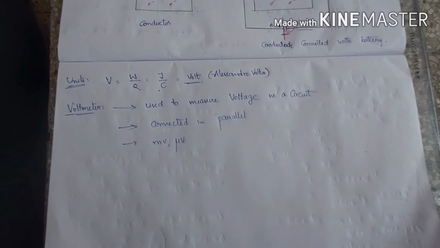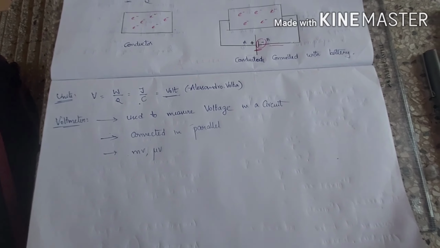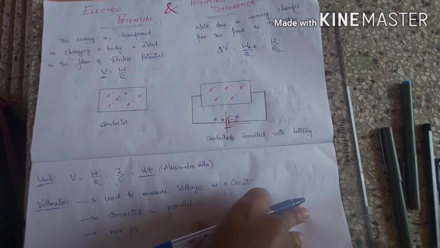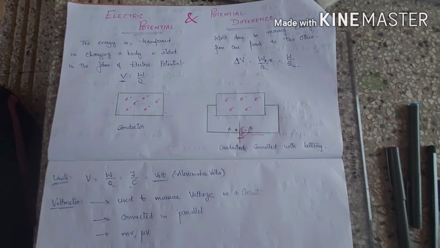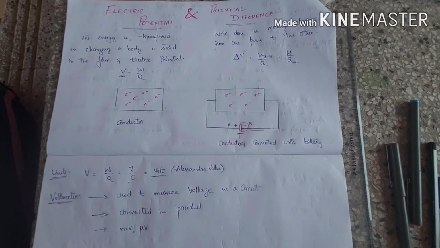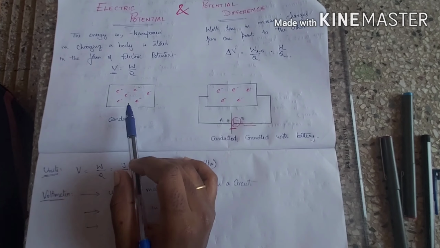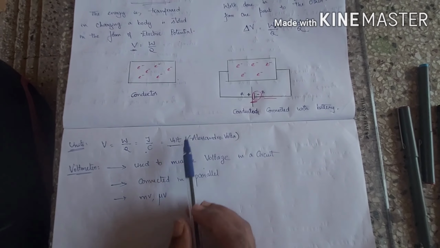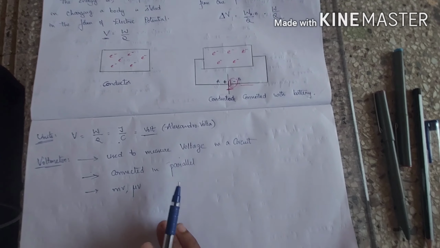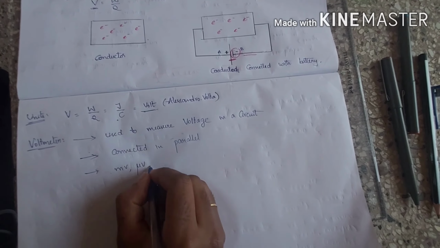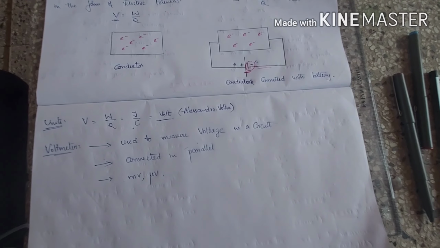So these are the basics of what is electric potential and potential difference. With reference to this only, you'll be able to learn more about the problems and other theories with respect to electricity. So I have the definition, formula, units, and the device that is used to measure the electric potential. So these are the very basics when you are learning about